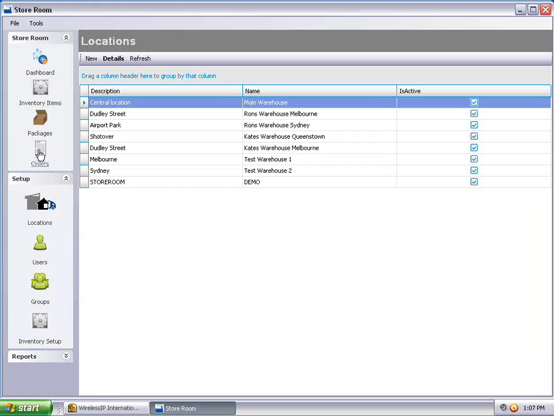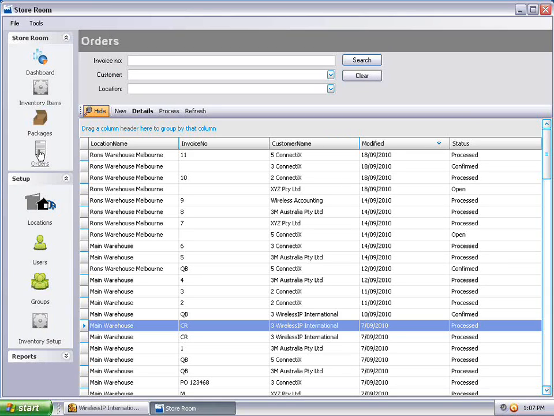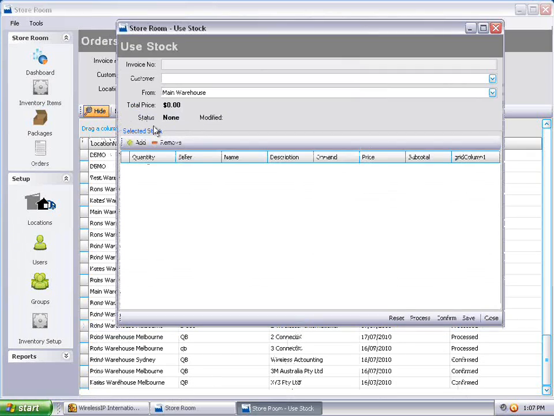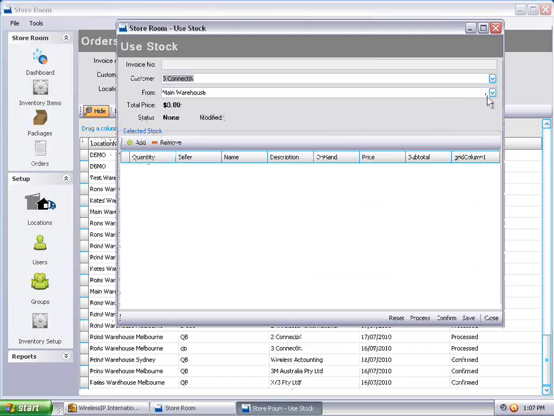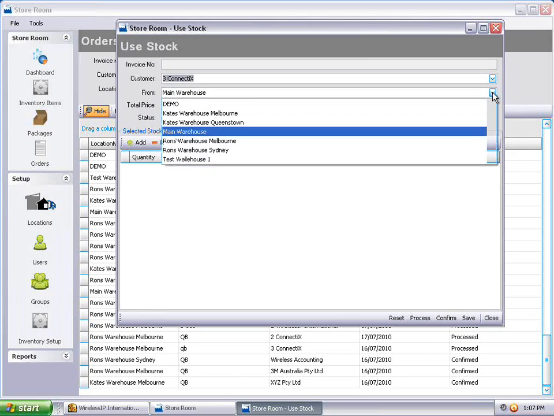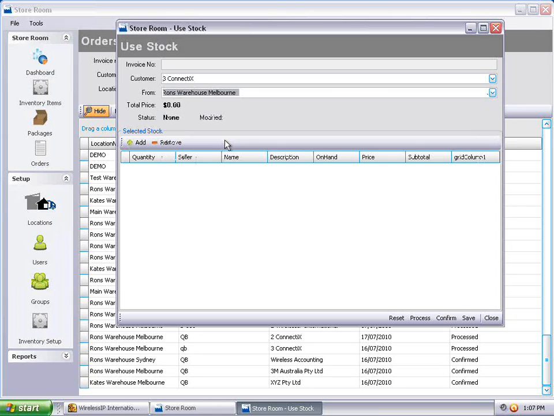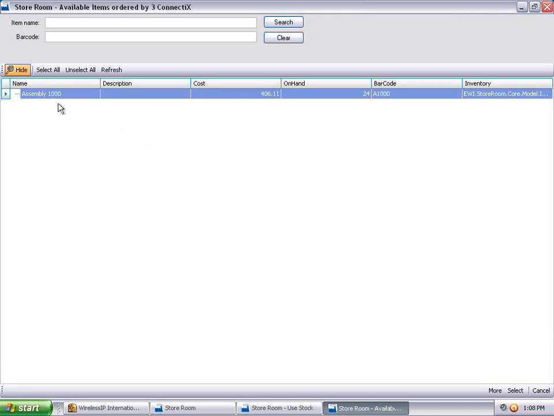Moving on, I want to show you now the functionality of the product. In terms of processing out of the warehouse, we use the screen here, which is an order screen, and I'll start by doing an order. I'll simply choose a customer which is synced to QuickBooks. I'll then choose the warehouse I want it to come out of, which is my warehouse, and I'm going to then choose by selecting